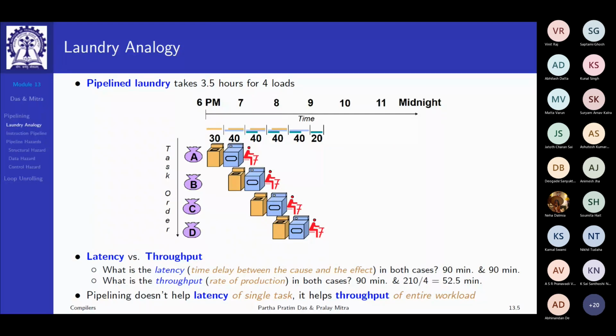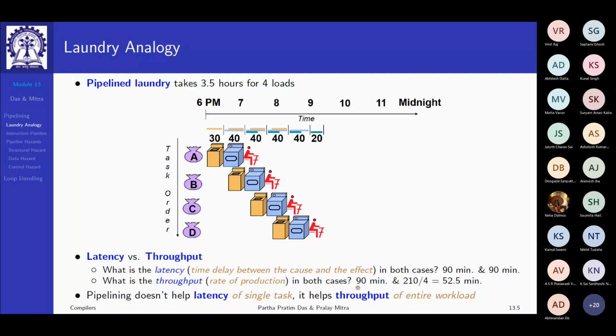So that is to be borne in mind, in particular in contrast to parallelization, wherein the latency itself could reduce. So here, the time taken to do a single job is not getting reduced, but what gets reduced is the throughput or the rate of production. That is, what is the total time taken for the total set of jobs,